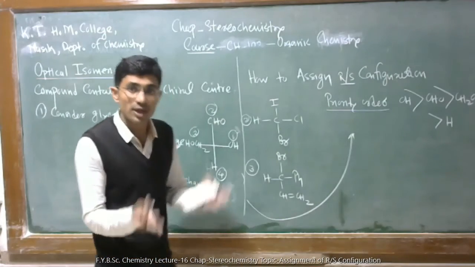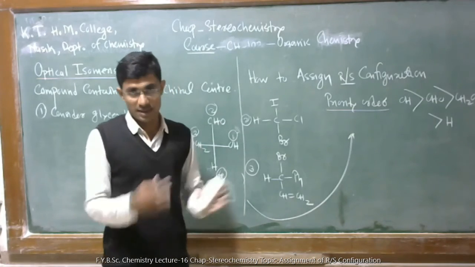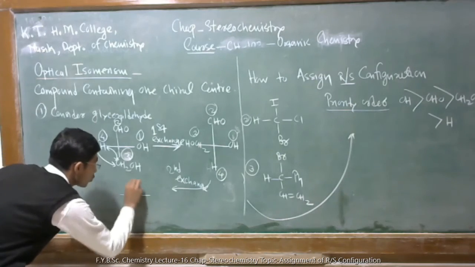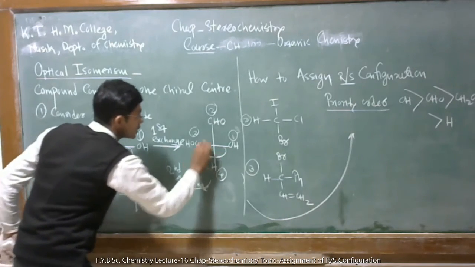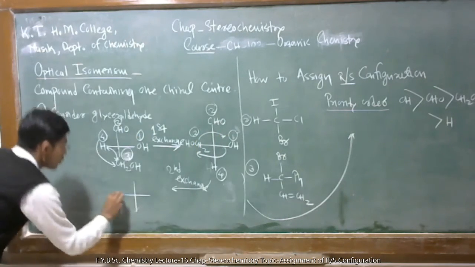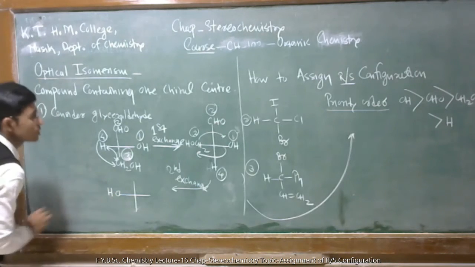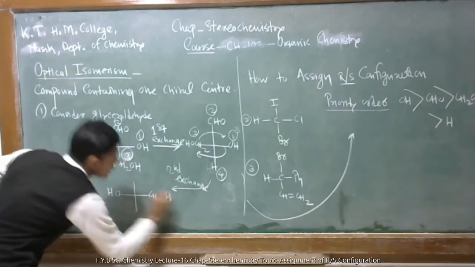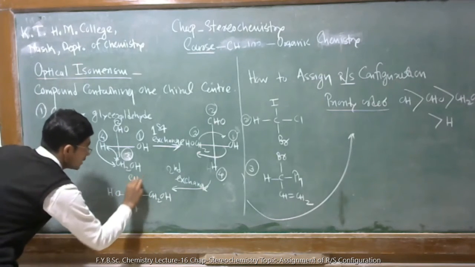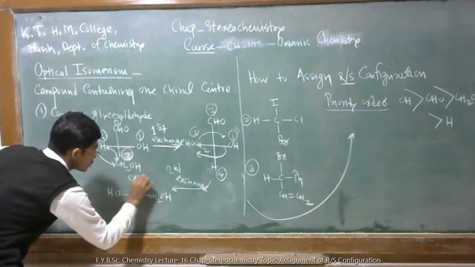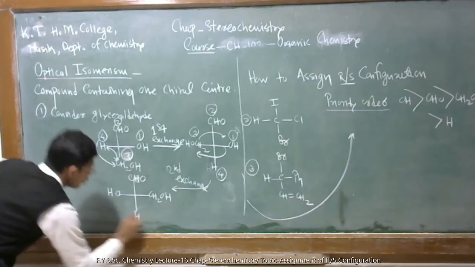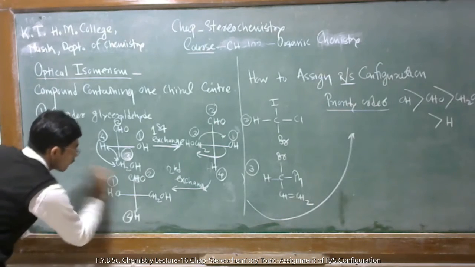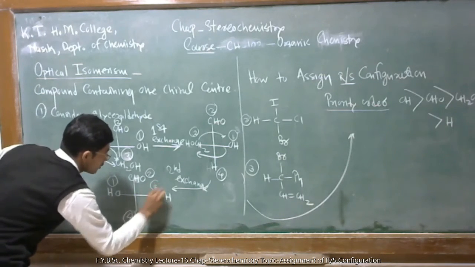Because you have to perform only an exchange here, you have to perform this operation. Because of that we interchange the groups here. These two groups you have to interchange. So the OH group comes at this position, then the CH2OH group comes at this position, then the aldehyde group is already at this position, and then the H group. So this has the fourth, this has the second, this has the first, and this has the third priority.